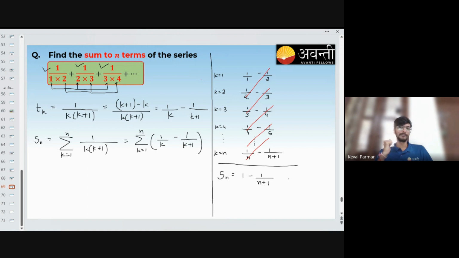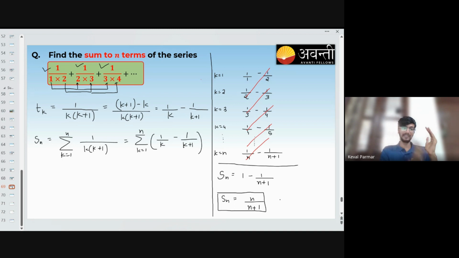This is so simple. Let's simplify this. If I take LCM, I'll get n upon n plus 1. Done, guys. So Sn equals n upon n plus 1. Simple. This is called the method of cancellation, or I would like to call it that way, because you can see